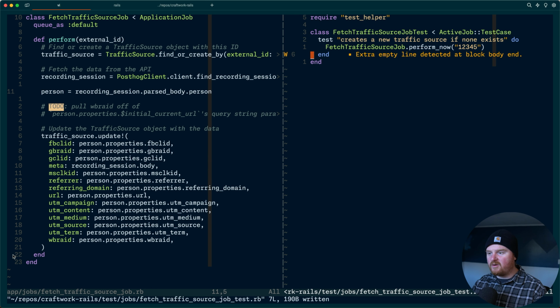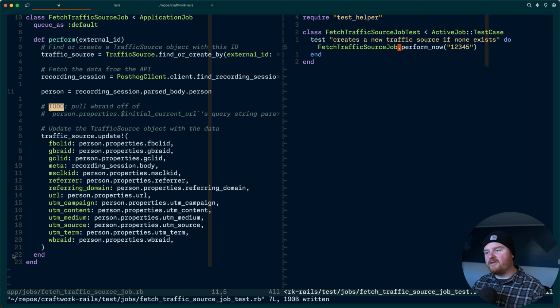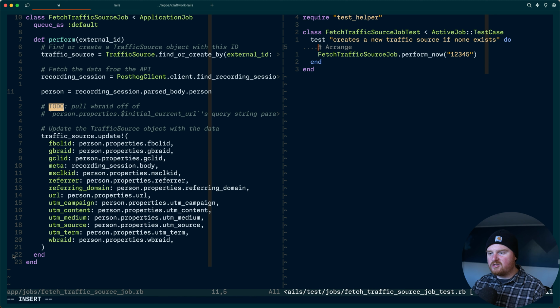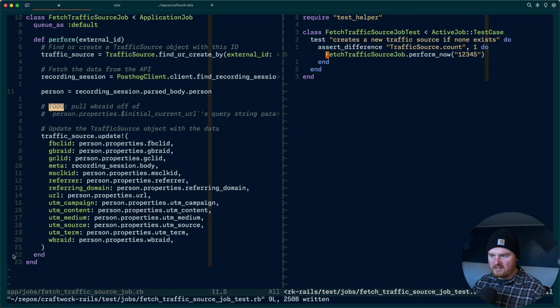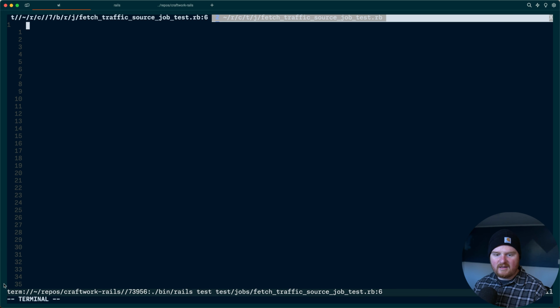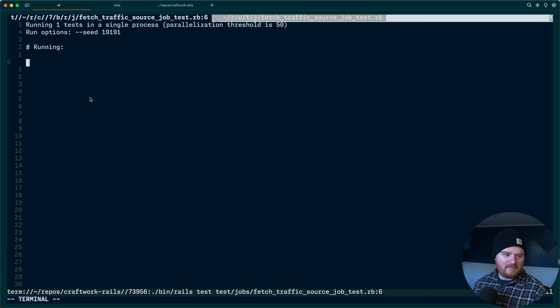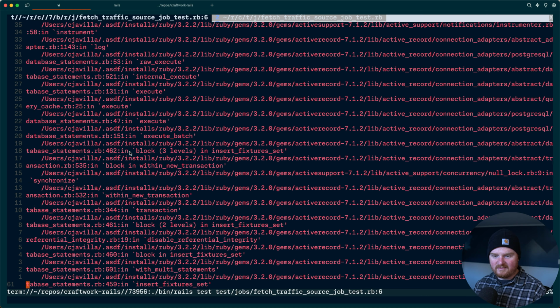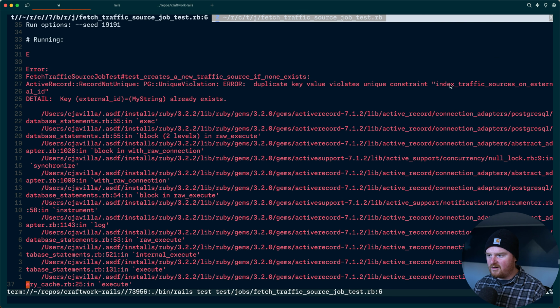Now we don't actually want to go out and hit the API when we call this, but we do want to ensure that there's a difference in the number of traffic sources after we execute this. So we'll run this and we're going to get some error that says, hey, you tried to make an API call, and that's fine. Oh, okay. Duplicate key violates unique constraint. This is because of our fixtures. So our fixtures are generating some stuff that has an external ID equal to my string and it should be